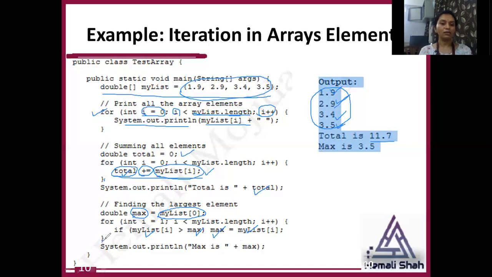such that after completion of this for loop, which iterates all the elements of the array, I am getting the maximum value inside my max variable.